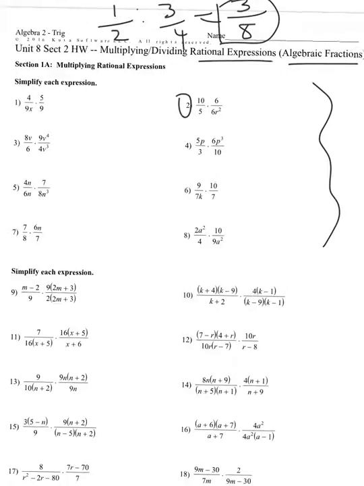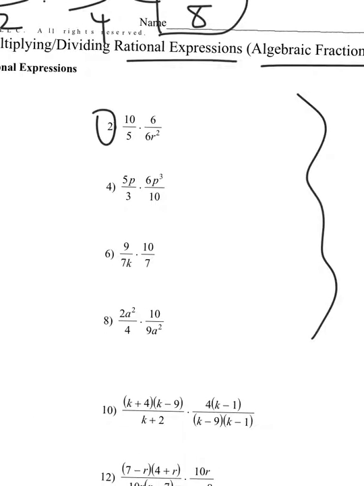So if I do that, let's make that a little bit bigger, focus in on that. So I have 10 times 6, so if you don't do any reducing ahead of time, this is going to be 60. And on the bottom I do 5 times 6r squared, which is 30r squared. Now if they are monomials, top and bottom, I can go ahead and reduce. 30 goes in here once and in here twice, and I get 2 over r squared,